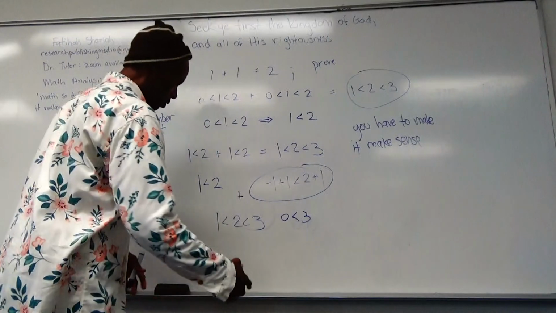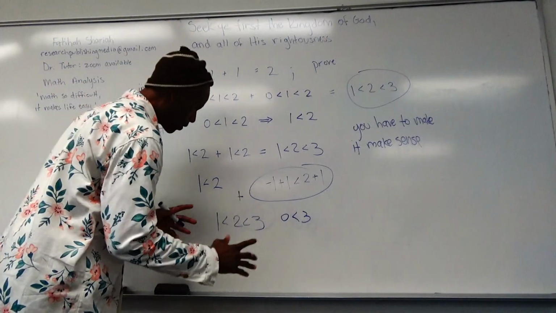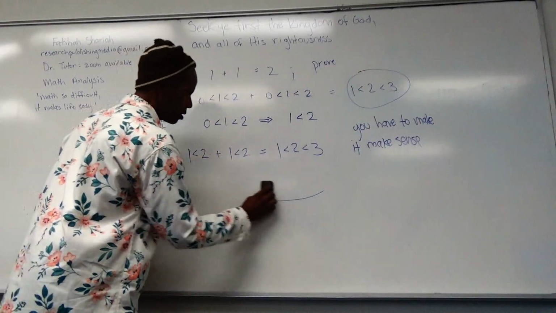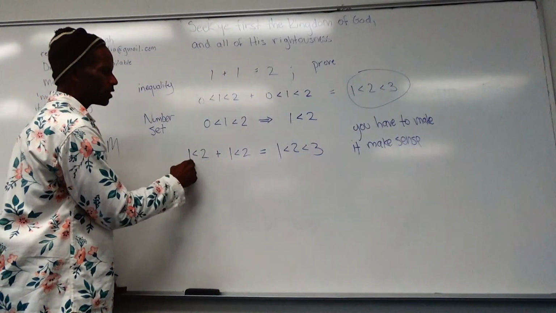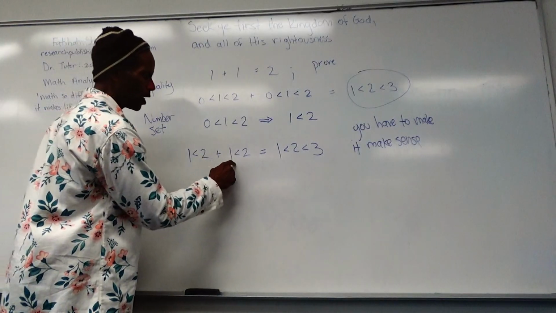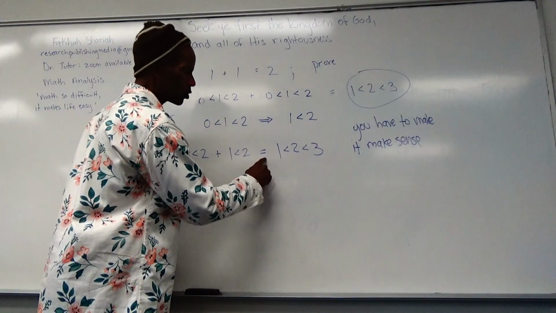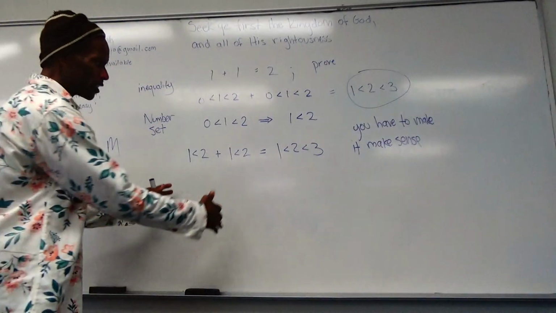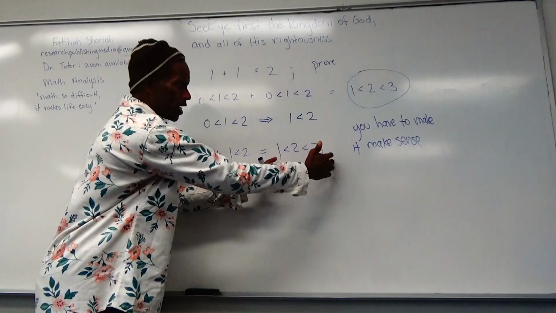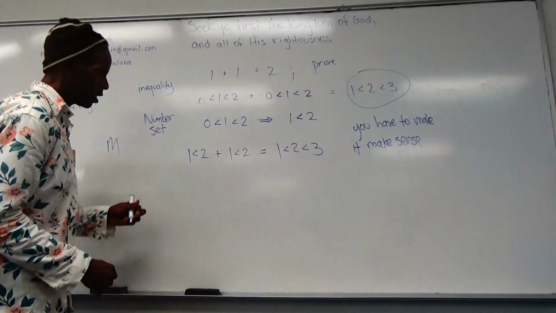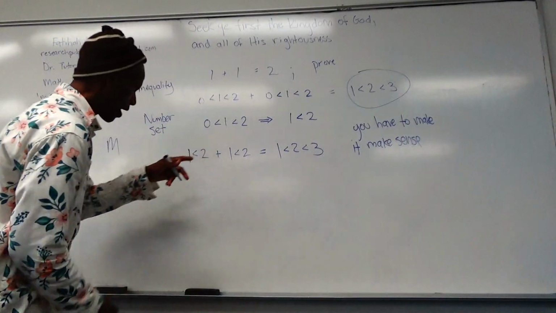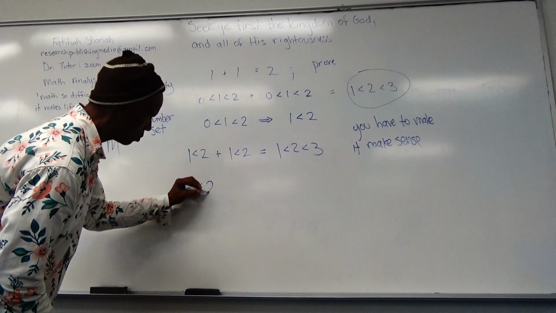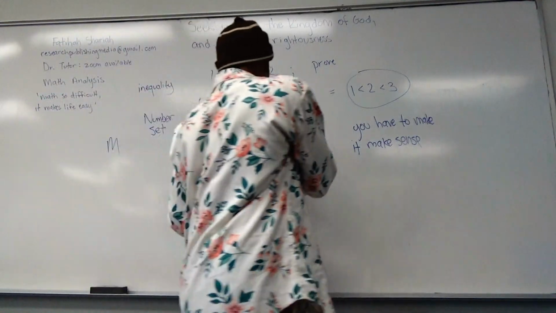Okay. So look, right, let's do it again. Look at how beautiful this is. Oh, this is so powerful. We got to the point where it was 1 less than 2 plus 1 less than 2 is equal to 1 less than 2 less than 3. So then we need to just add this to see if this equals this, equality. So what we do, we bring the 1 less than 2 down. So we say 1 less than 2. Then this 1 less than 2 over here,